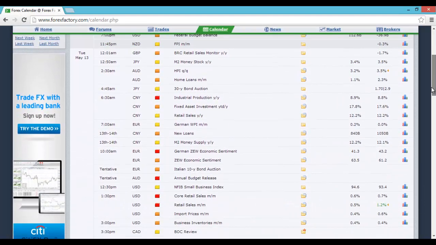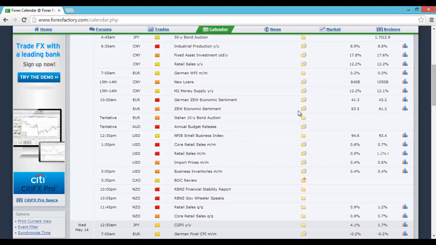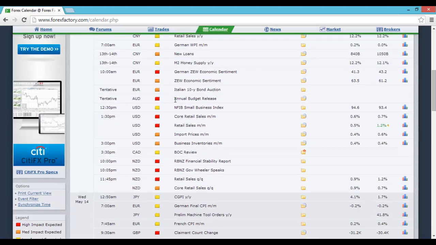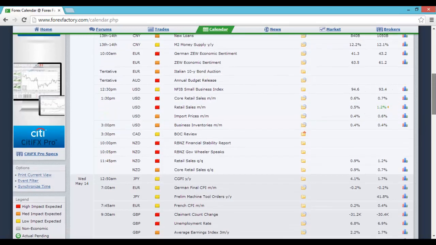That's the only high impact data of today. Tomorrow at 6:30 AM you've got Chinese industrial production numbers year on year. At 10 AM you've got the German ZEW economic sentiment. From Australia you've got the annual budget release. At 1:30 we've got retail sales in the US, the month-on-month numbers and the core retail sales. Keep an eye on the retail sales there because the previous was revised from 1.1% to 1.2%, and at 10